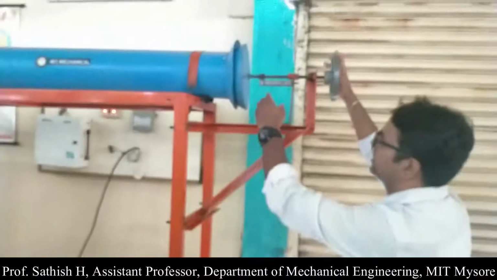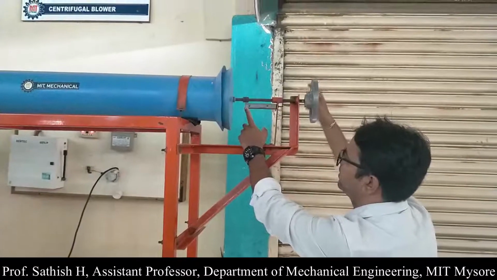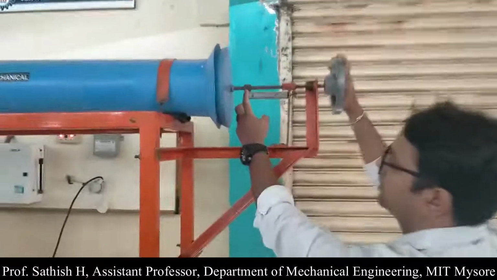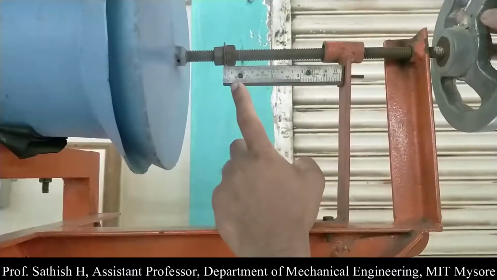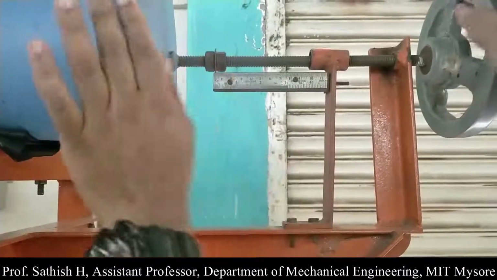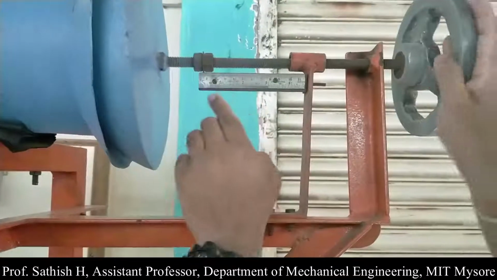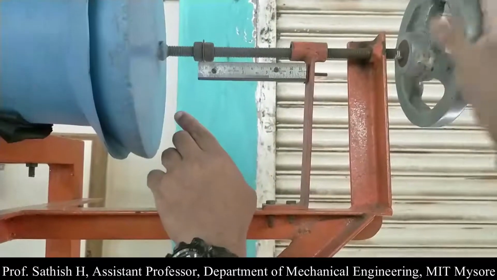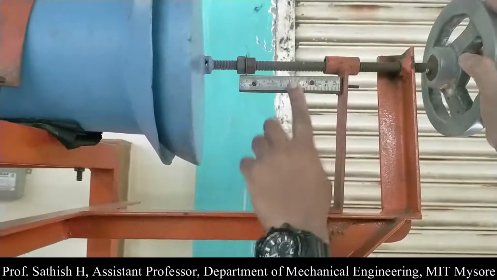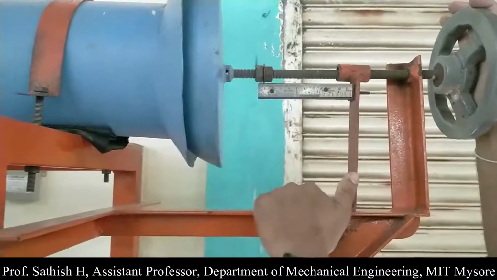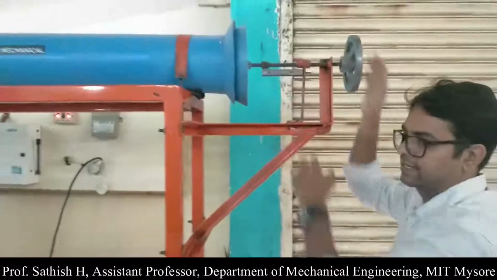So you can see here we have a scale. I can rotate it, and now this pointer is at 0, and then I can increase that on a linear scale. Like I can increase to 1 centimeter, for example. So I am rotating, this is moving here, so now it is 0.5 centimeters, and now it is 1 centimeter. Like this you can increase the discharge with the help of this ball valve, on the linear scale.